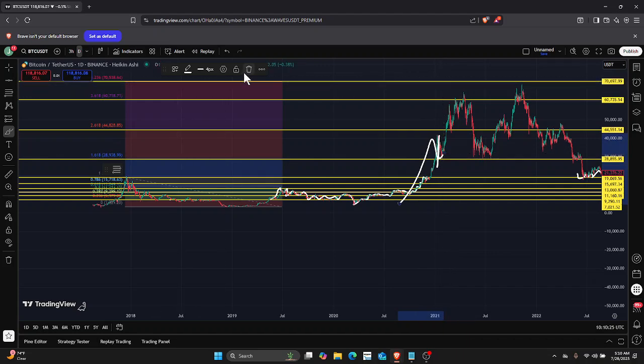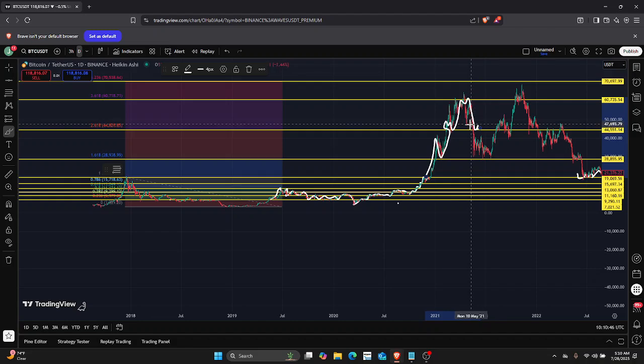Oops, I messed that all the way up. Let me delete that. Now it's respecting this line. Boom, exactly to this area. So you know that it's going up to 44,000. If it breaks past here, you know that it's going to 60,000. If it struggles with this, you know it's going right back down to 44,000 before it hangs up or